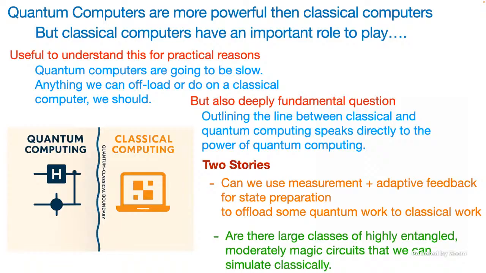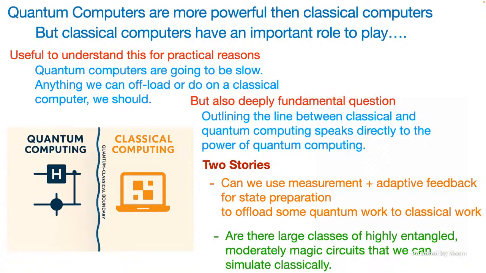But on everything else, quantum computers are terrible. They're going to run at a clock speed that's natively much slower than your MacBook. And then once I do quantum error correction on top of it, they're going to run at a clock speed that's even much slower. I'm spending like 99.9% of my time doing quantum error correction on the quantum computer, not actually calculating. Anything that you can avoid doing on a quantum computer, you should avoid. And so for practical engineering reasons, we should go ahead and try to offload anything onto the classical computer that we can do.